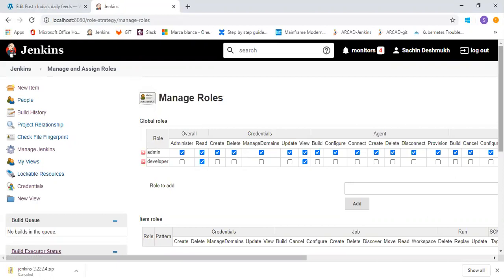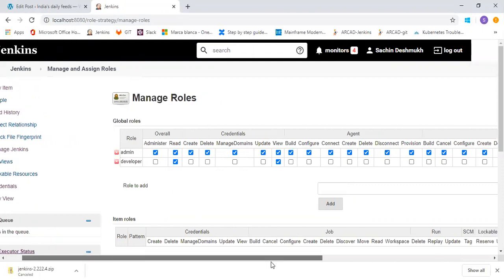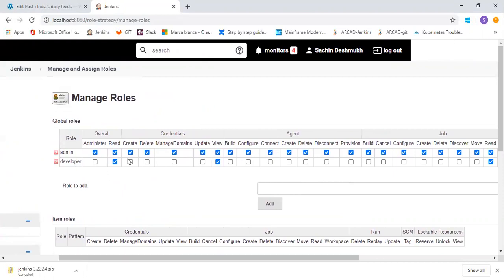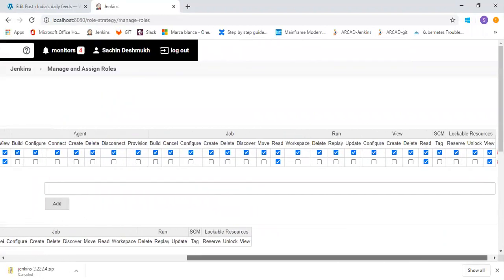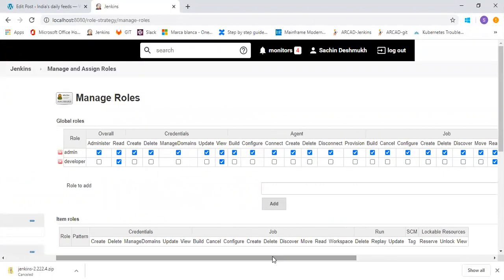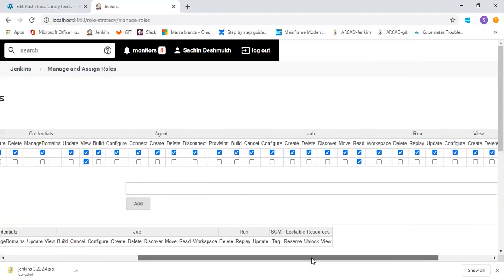Based on your role, permissions are allocated to each role. Admin will have all the permissions, like creating credentials, creating agents, creating jobs, and running the jobs. But a developer will have only read permission. I don't want my developers to create jobs or interfere in any kind of administrative task that they don't know. So I will restrict my developer to only view the configuration.